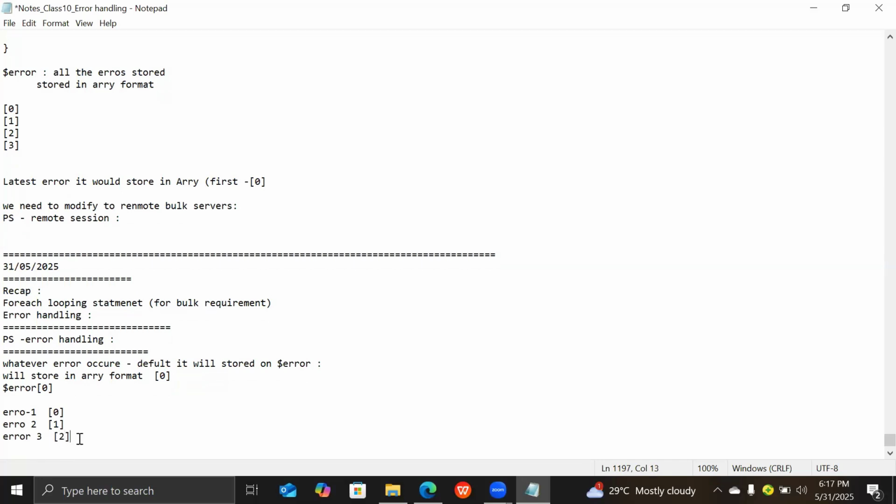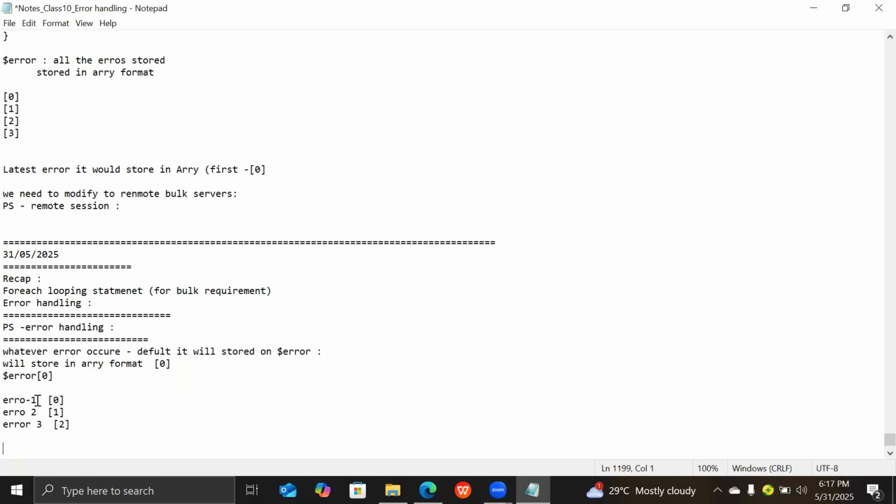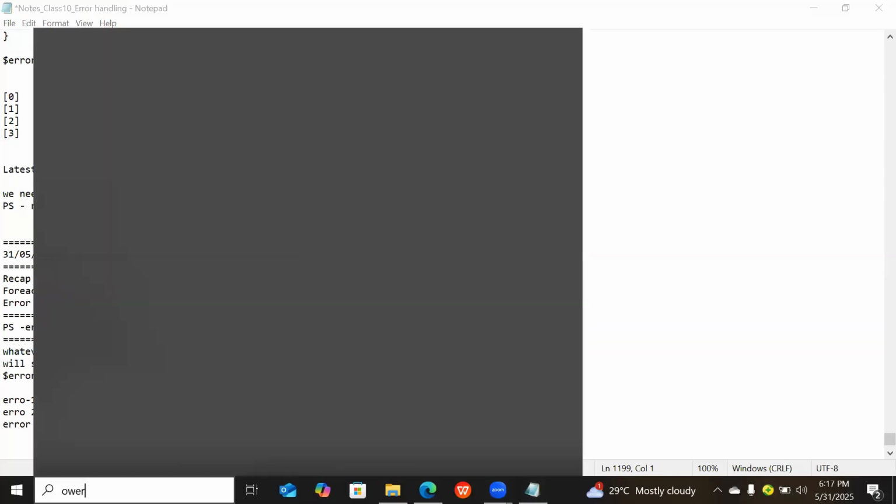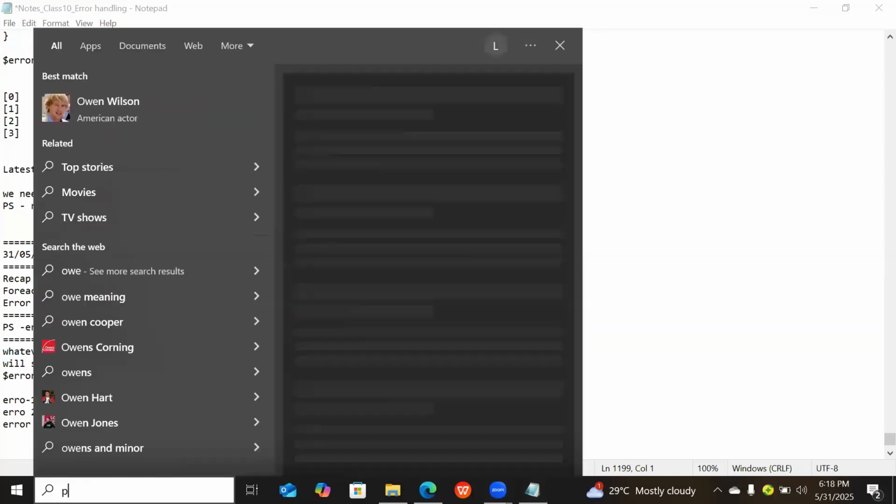So now you got error 1, error 2, and error 3. If you want to find that exact error, you can type the index and it will give you the error stored at that place in the array. So, for example, if you see,